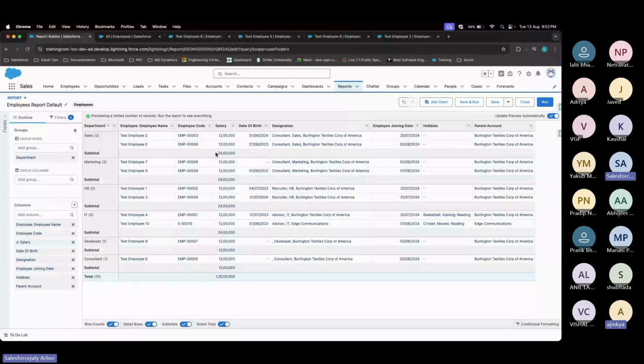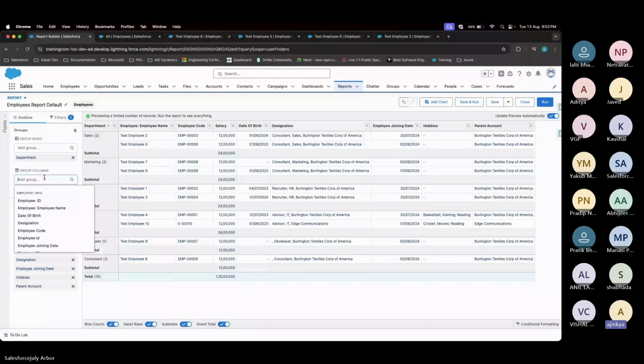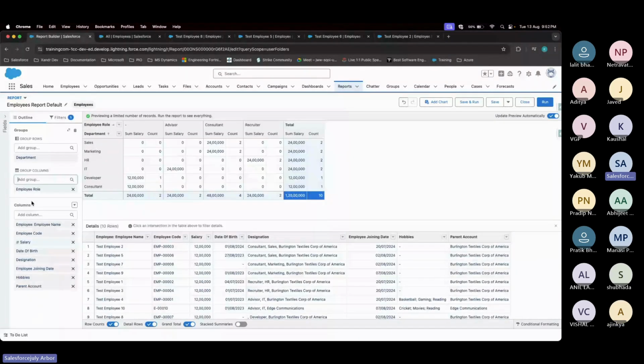to get this data. In Sales there are 2 and the sum of both is 24, right. In IT there are 2, their sum is also 24, Developer is 1, its sum is 12, right. Now if I add a second grouping, now let's add our grouping, it was role. If I add role, now which of my data got modified, you see. In the initial grouping, what I was seeing was Sales two, 24, Marketing two, 24, HR two, 24, IT developer one, right. Now the second grouping I had added breaks down as a column,